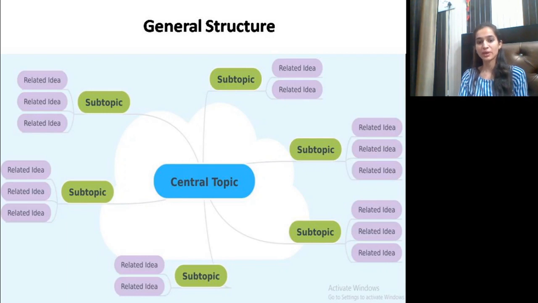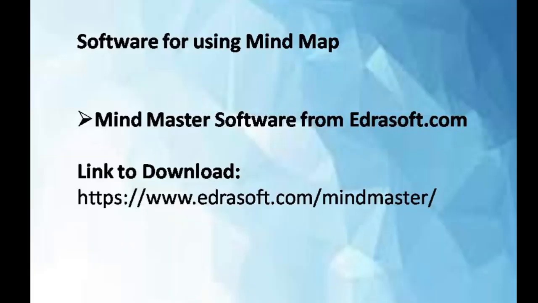In the center of the topic, we have to write the main theme of our topic. For example, we are here for studying the research methodology, right? So in the center of the topic, we have to write the research methodology. Now, in research methodology, we have some chapters, right? Sampling, literature review. So these type of chapter we have to write in the subtopic. And now in each chapter, we have some topics which we have to study. So these types of topic which we have to study in each chapter, that comes in related ideas.